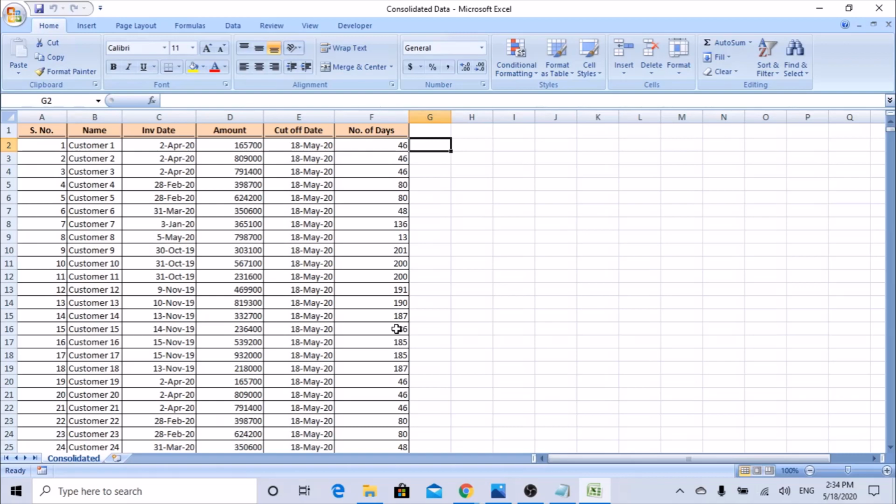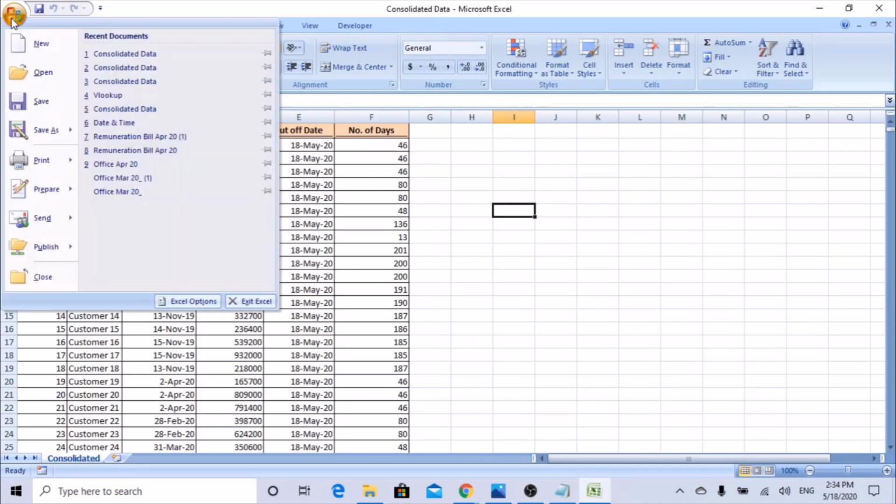Do remember, when you are copying from multiple sheets to your consolidated file, always copy using paste special values. So that you keep one format in the consolidated file. So the entire data is in one format, so that the size of the file also can be reduced to a certain extent. Okay, let's see how we can reduce the size of this file.